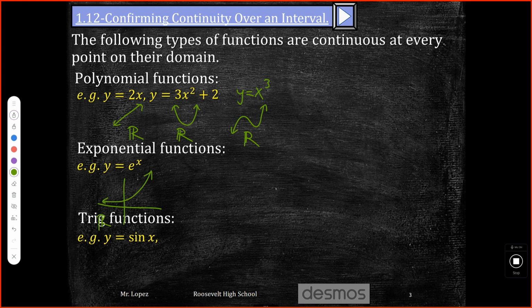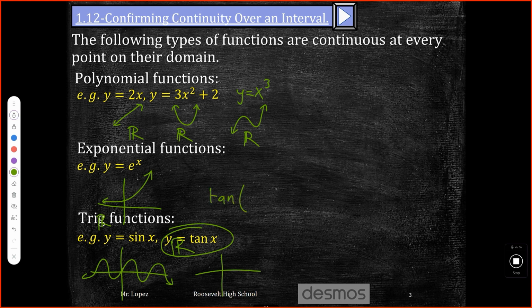Trig functions, the sine function, it goes up and down forever. That's on its domain and on the reals. It's continuous. Tangent function. Now we're getting where this one is on its domain only. Because the tangent function does have some vertical asymptotes. So this one, let's see, where does it go? How can we figure out where it goes? Tangent of x. So what's tangent of,